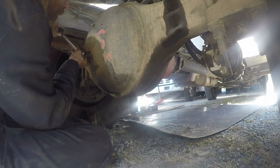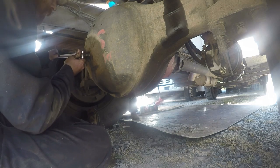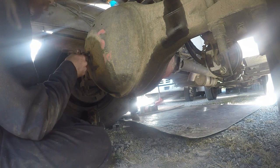And this here is tight, buddy, for it. You got it back in the back piece right there. So,